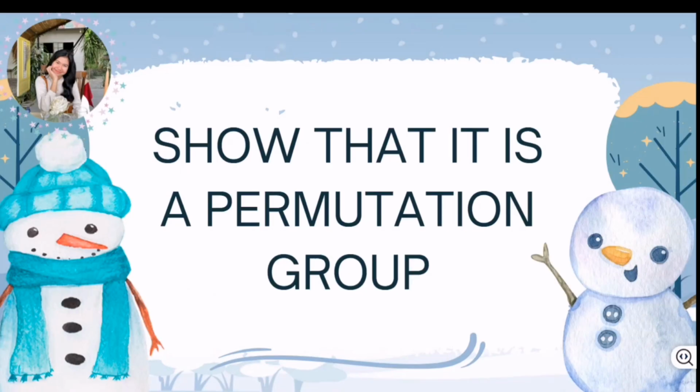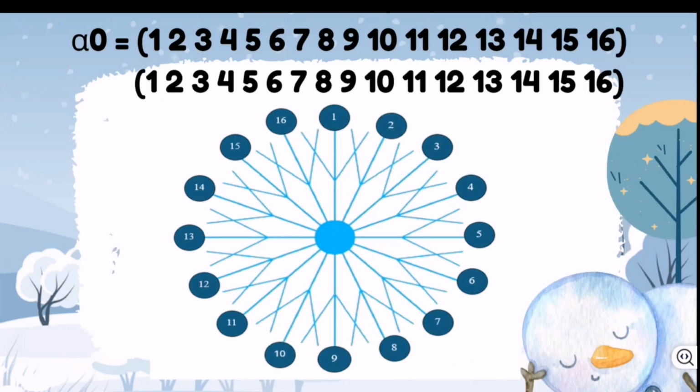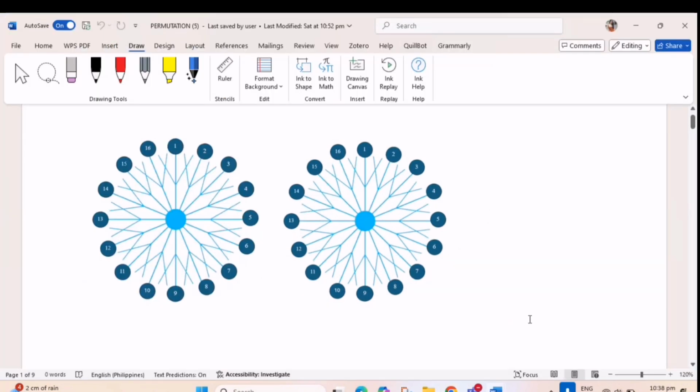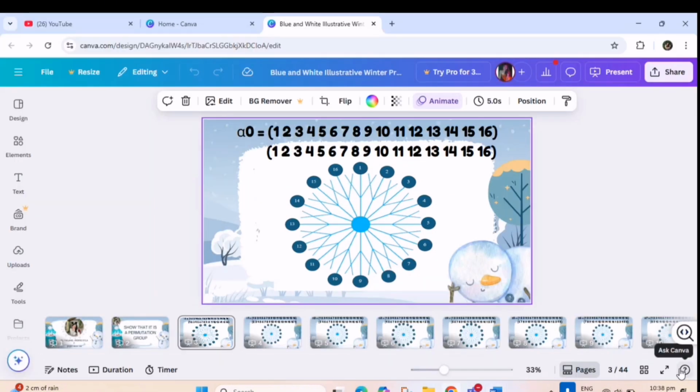Implementation group. First, we have alpha sub 0, and it is our identity element. It is 1 to 1, 2 to 2, 3 to 3, 4 to 4, 5 to 5, 6 to 6, 7 to 7, 8 to 8, 9 to 9, 10 to 10, 11 to 11, 12 to 12, 13 to 13, 14 to 14, 15 to 15, and lastly, 16 to 16. And next we have